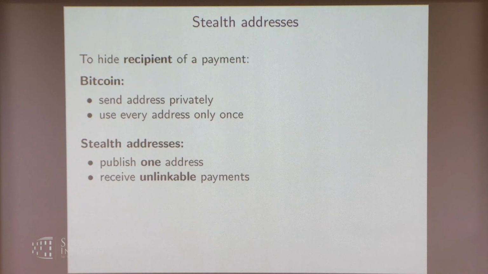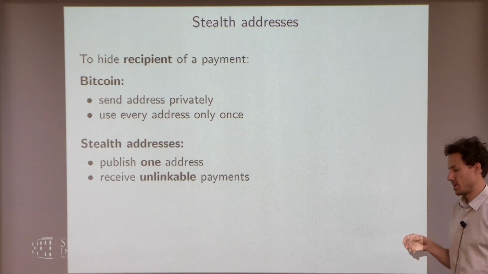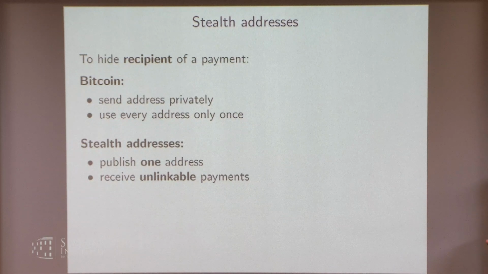Okay, so this allows you to hide when you're the spender. Actually, hiding as a receiver is a lot easier, because if in Bitcoin every time someone wants to send you money, you create a new address and send them that address in private, then no one can trace you, because all you see is random addresses on the blockchain. However, if you do that, then you cannot, for example, be an NGO and publish a Bitcoin address for donations. You would have to interact every time you want to receive money. So you can't have non-interactive payments where you have someone's account number and just send money to it. So that would be a disadvantage.